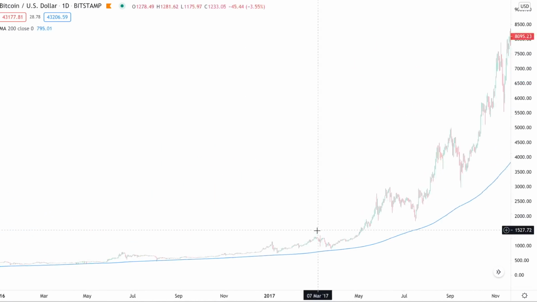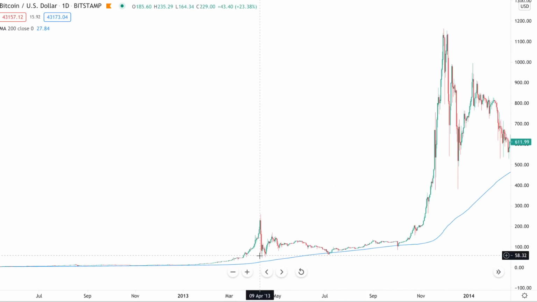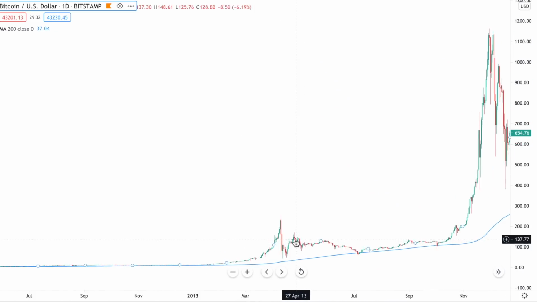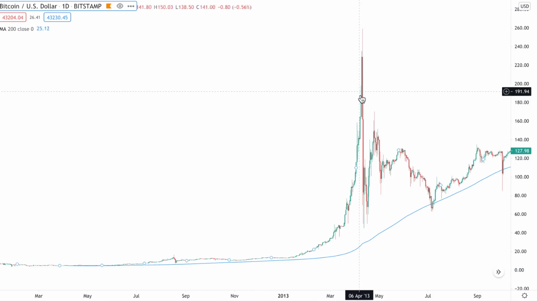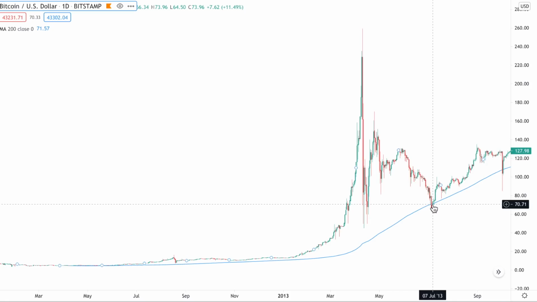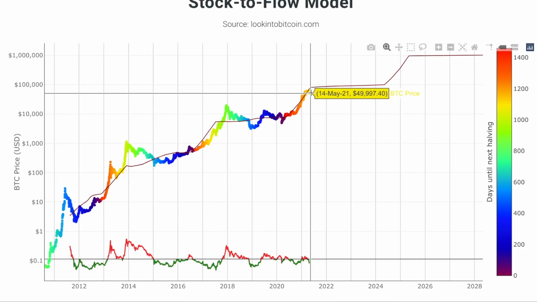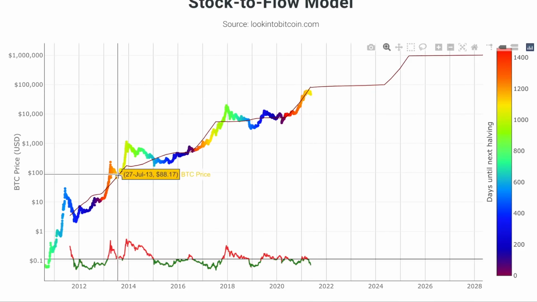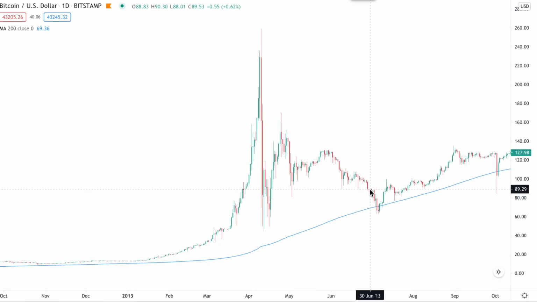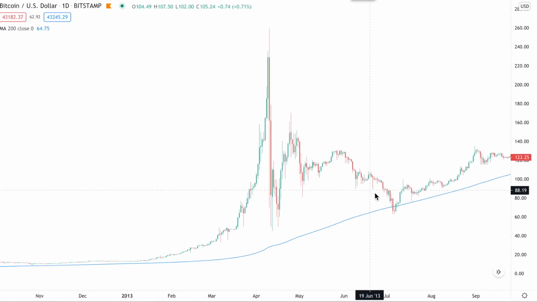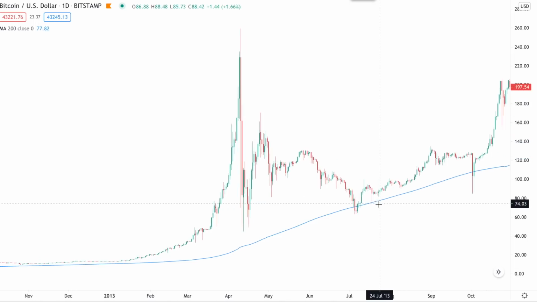Because if we zoom out back to that previous bull market in 2012 to 2014, you'll see right after that big blow off top, the price came back down to that 200-day moving average. So we know that during a bull market, which is where we are, remember that stock to flow model telling us that we're in the middle of the bull market, similar to July and August 2013. Well, if we look at the price of Bitcoin throughout that period, in July 2013, we tested that moving average twice. And you can see the buying power on that test is just phenomenal. You have a very strong resumption of support.